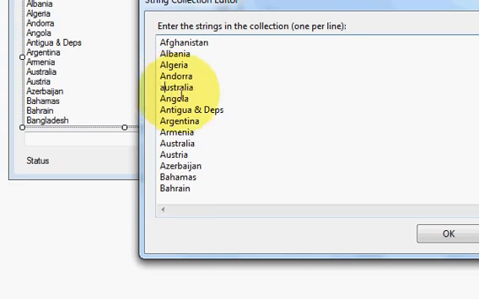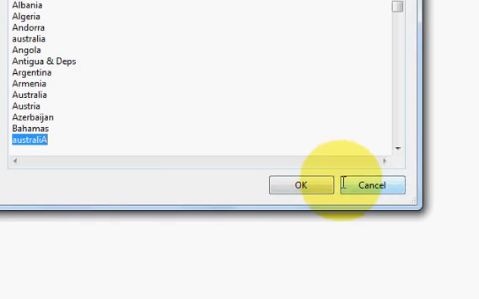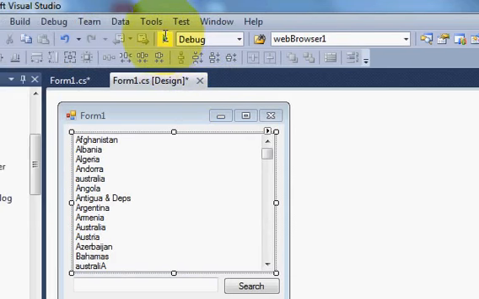So this is 2 times with smaller case, and I will paste this Australia below here also with the last letter uppercase. Okay, so we have 3 Australia in our list, 1, 2 and 3. Okay, and let's see if it finds all 3 words or not. Click OK, run the code,